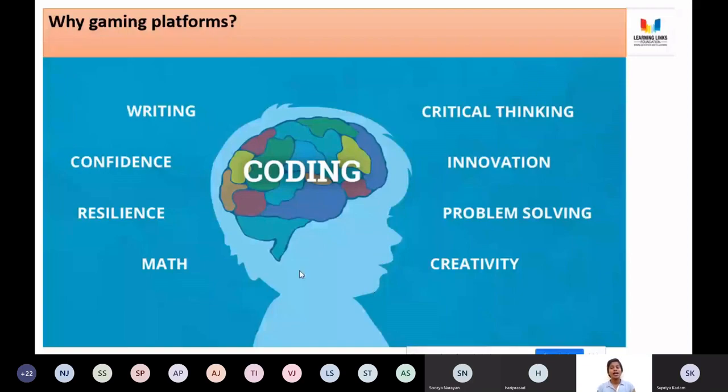So all these points you have placed without even knowing that gaming does this in the background. Though we have spent hours and hours in games, it also gives us a few skills. These skills are called 21st century skills, which are very much needed for the present generation for your future workforce. Now we'll get back to the slide and see what is written on it. So coding, what are coding and gaming? In order to game, you will need a lot of 21st century skills.